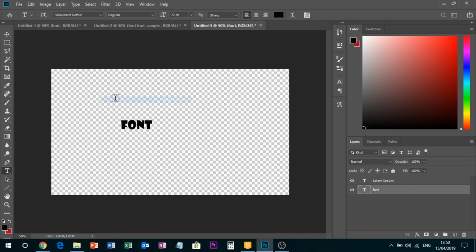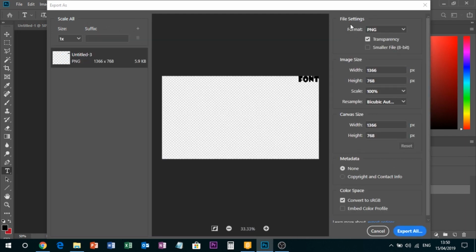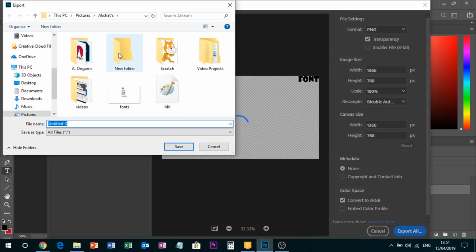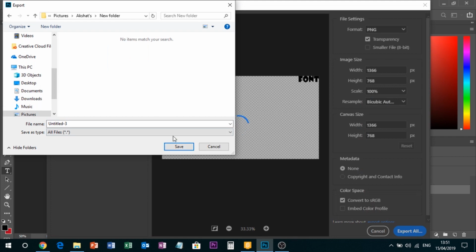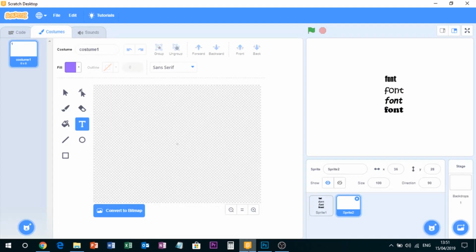So export as, and now make sure this format is a PNG and the transparency is ticked. Now you click export all, and now I'll just choose this folder and name it fonts, save it, and now I'll go to Scratch, create a new